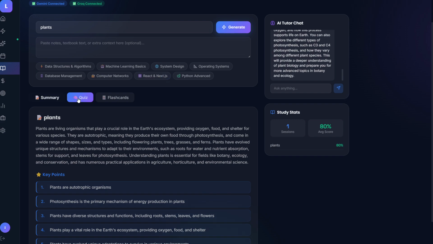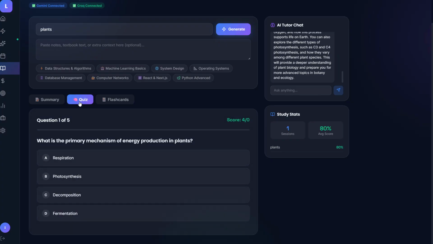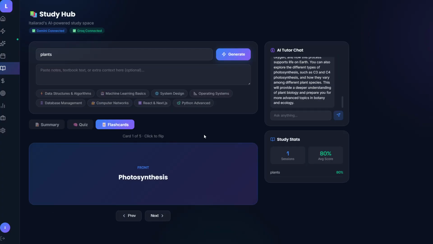Now we are done with the quiz. Now we also have something called flashcards. We all know about flashcards. Flashcards are where we write a topic and then try to recall it, and if we are not able to recall it, we flip the card to see the information and revise more. So in this case, for example, photosynthesis, now I'll recall that leaves are used to absorb the rays and other things.